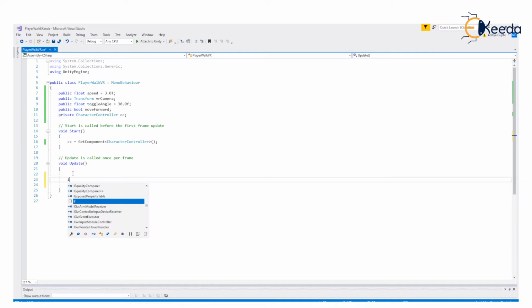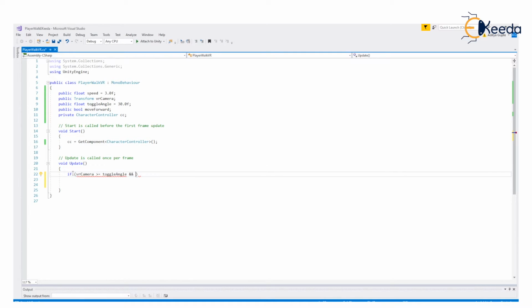For that, as we looked at if conditional statements in our previous lecture, let's use if VR camera is greater than or equal to toggle angle, and one thing I forgot to add is that now you need to compare the X component. You're looking up and down in the X. So VR camera dot Euler angles dot X, you're looking at the X component of the angles greater than or equal to,